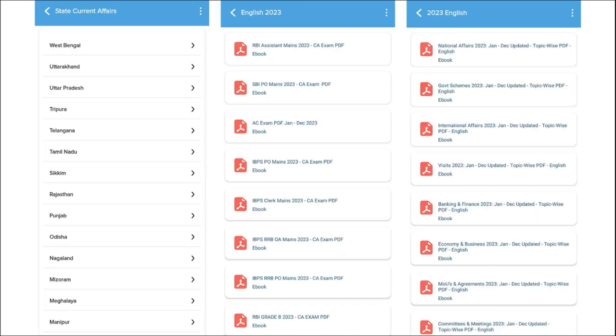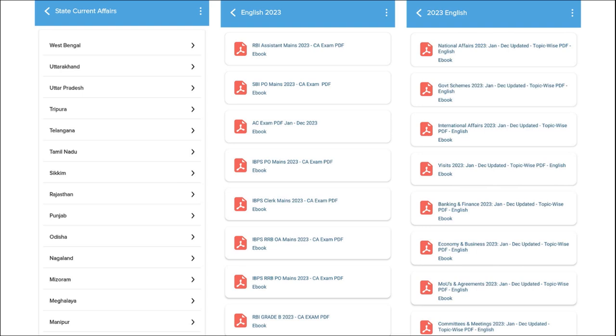One of the most important segment of our application is that we make sure to provide you with the correct exam analysis. When you are having exam, we make sure to provide you with previous year questions so that the student can go through the exam pattern and the syllabus and can prepare the exam accordingly based on the pattern. After the exam, we also make sure to provide you with the exam analysis.